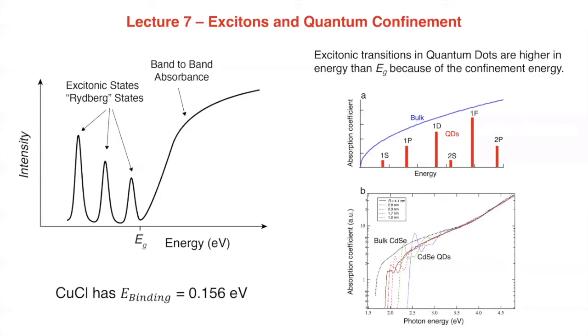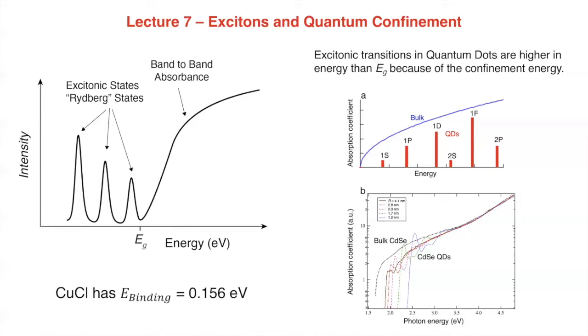But if you take that material and grow nanometer scale crystals of it that are less than 10 nanometers in dimension, suddenly you start to see discrete excitonic states near the band gap energy. As the crystals get smaller and smaller, those excitonic states shift to higher and higher energies, as we talked about in the context of the Bawendi figure. In this case, instead of discrete excitonic transitions appearing at lower energy, they appear at higher energy than the band gap. I've shown, for example, the 1s, 1p, 1d, 2s, 1f, 2p states,